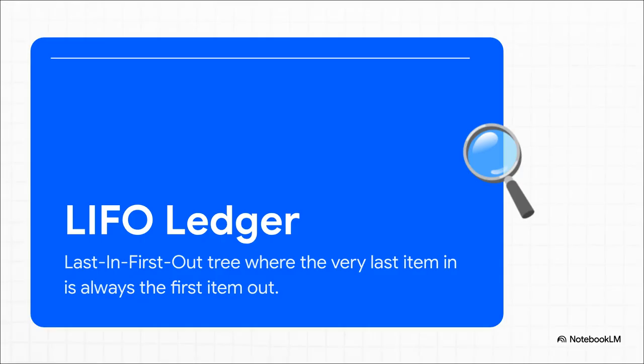Okay, but the absolute engine powering this entire protocol is the LIFO JSON state tree. LIFO, last in, first out. This architecture strictly pivots away from the chaotic, first in, first out, event-driven structures we are used to seeing. Because the very last item to go in is always the first item to come out, you unlock incredibly efficient single-entry bookkeeping. It is a total game changer.